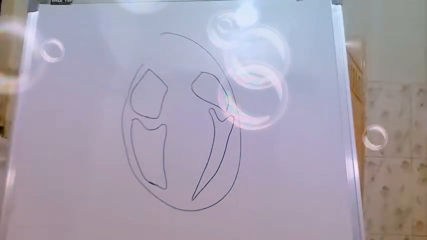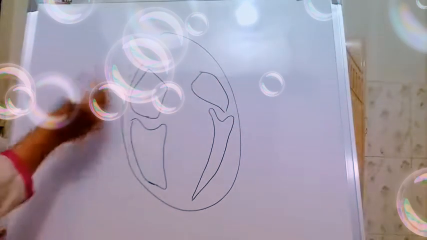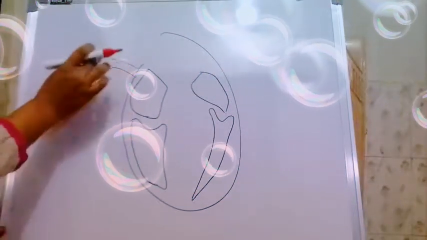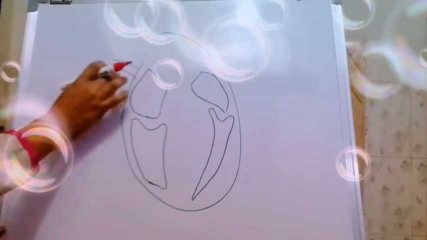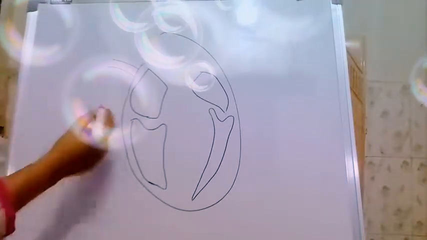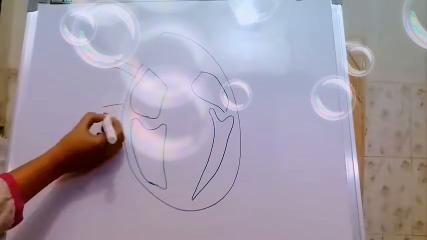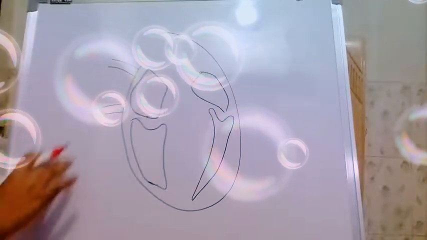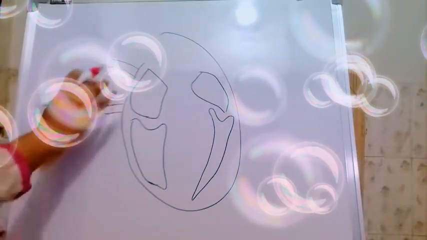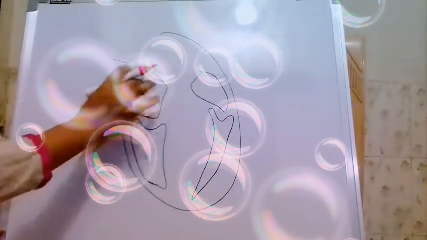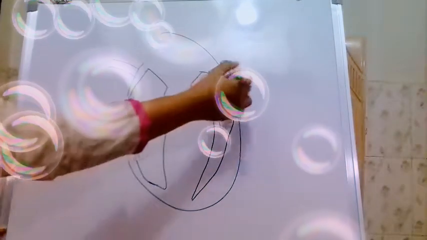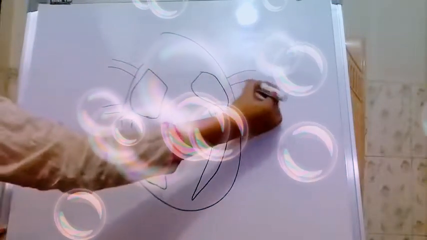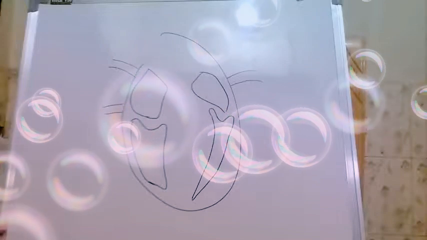The next step is to draw the veins. Now here in the right atrium, the superior vena cava brings the deoxygenated blood from the upper part of the body, and the inferior vena cava brings the deoxygenated blood from the lower part of the body. So here we have 2 veins which bring the deoxygenated blood to the right atrium. Now the vein which brings the oxygenated blood to the left atrium is the pulmonary vein.